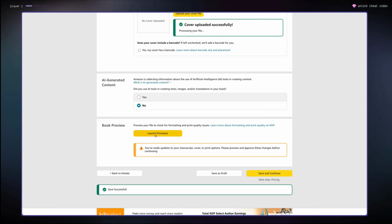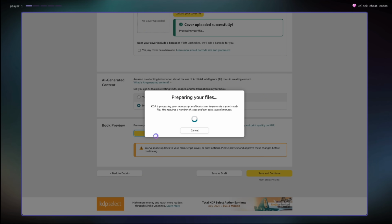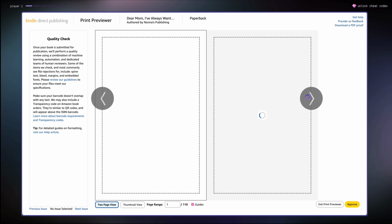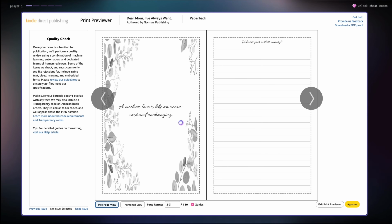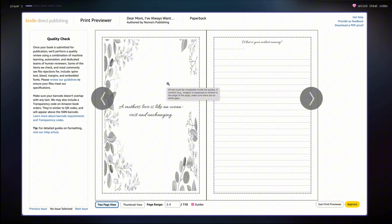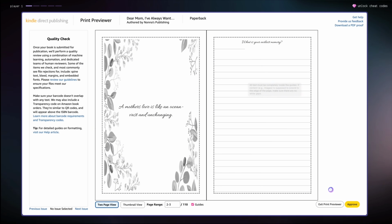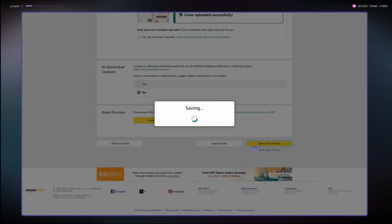Then we're going to click on this launch previewer to make sure that there's no problems with our book. So what we're looking at now is exactly how it's going to be printed. So we have this book belongs to page, we have the one with the quote over here, and then on the 3rd page starts our actual prompts. It looks good to me, so I'm going to press approve. And then after we finish that, just click on save and continue, and it's going to take us to the